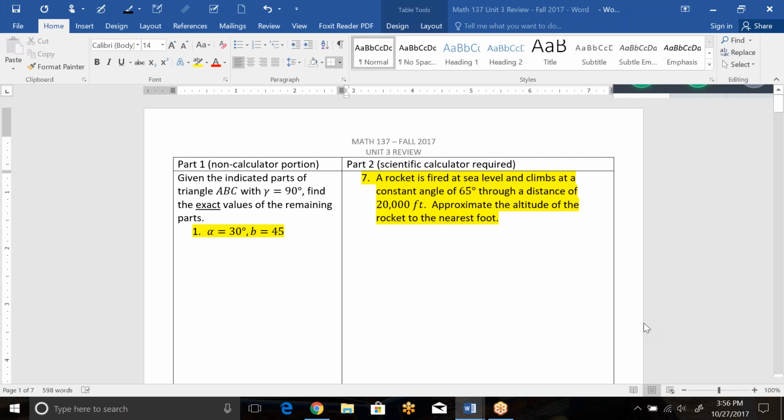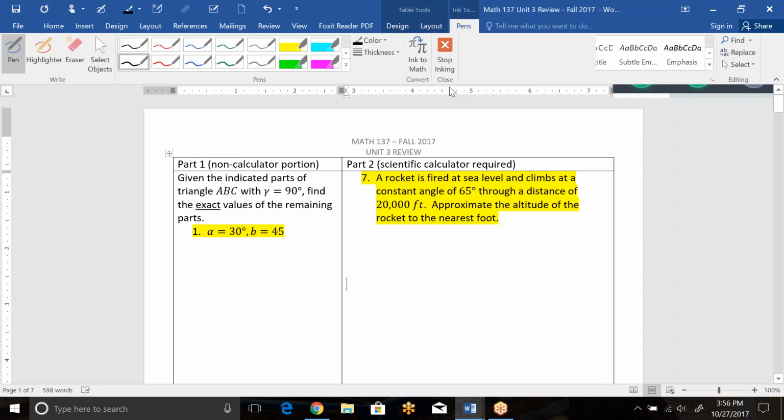All right, this is the Unit 3 review for Math 137. I'll be doing a few problems through the review, just a little of each type. We'll not be doing every example this time, so if you have any questions about any of the other ones, let me know. So we are given that indicated parts of a triangle ABC have gamma as a 90-degree